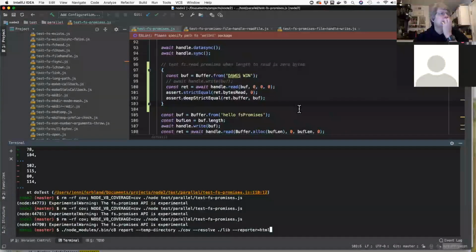Oh, I see. I think I see. I think the problem is that we're consuming 0 things from the open handle. So the handle still has the dogs win in it, and then that screws up the next test. So I think the problem is basically that we're reusing the same handle in both cases. And it was working because we were writing 0 things into the handle and then reading 0 things out of the handle, so that was working. So I'd be tempted to just make a new handle for this test. I don't see a reason why we need to